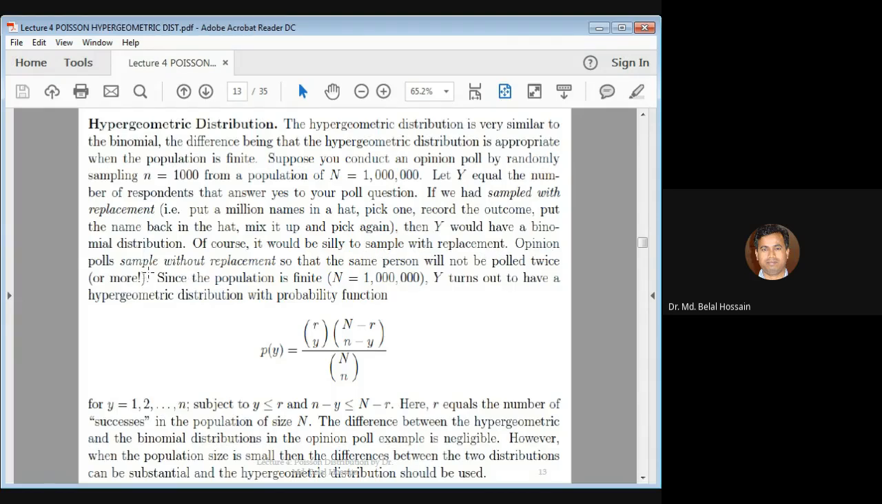Opinion polls sample without replacement so that the same person will not be polled twice or more. Since the population is finite, Y turns out to have a hypergeometric distribution with probability function P of Y equals RCY times N minus RC n minus Y, divided by N minus